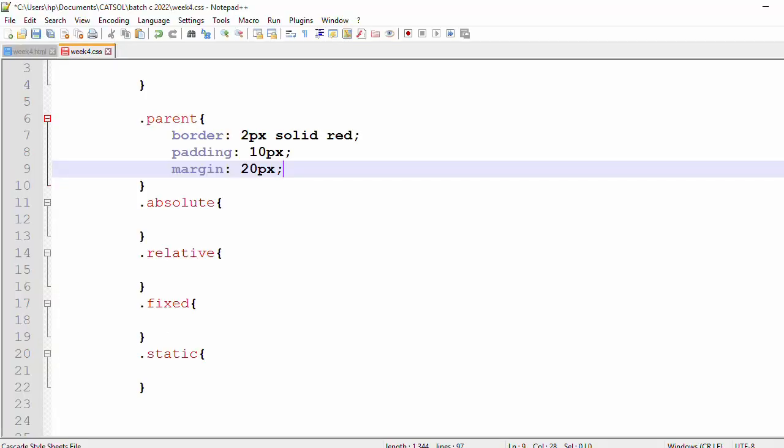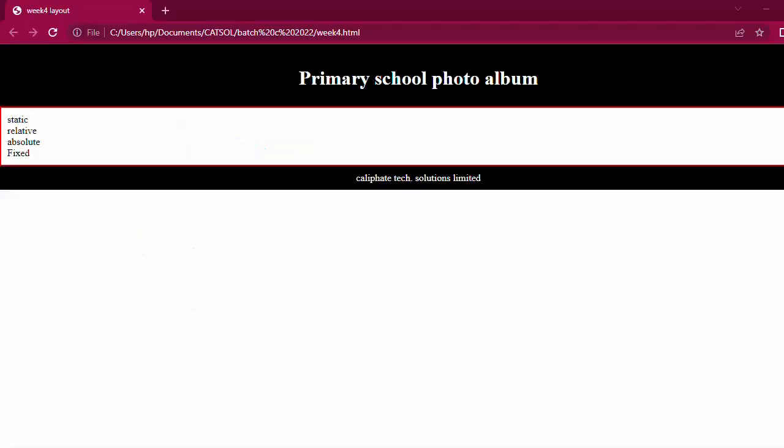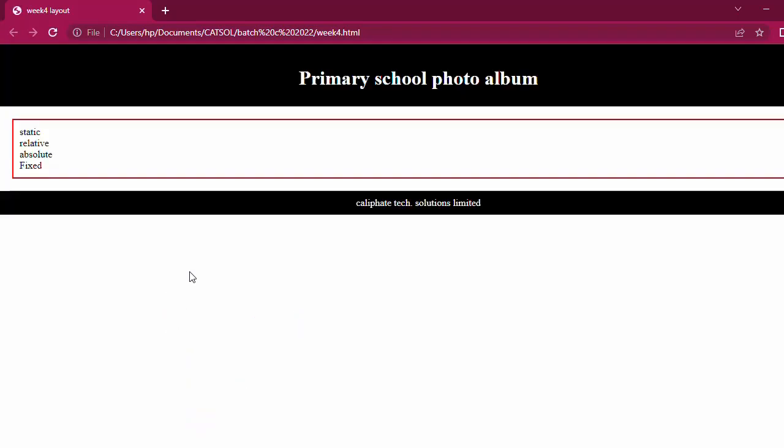Okay, I didn't save it. I think I did not save it. Okay, if I now refresh this one here, I will be able to see it clearly. Now this red bordered element here is what we call a parent. So all other elements inside here are